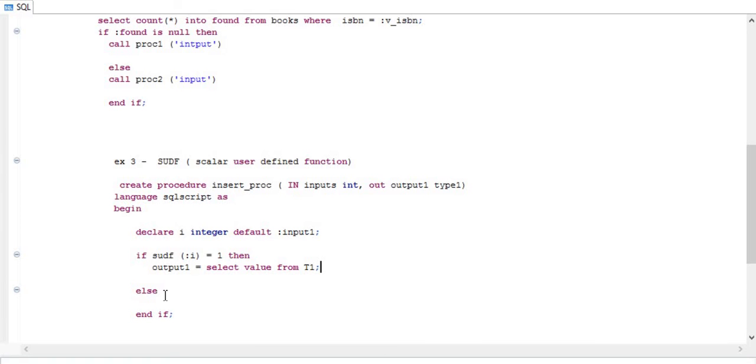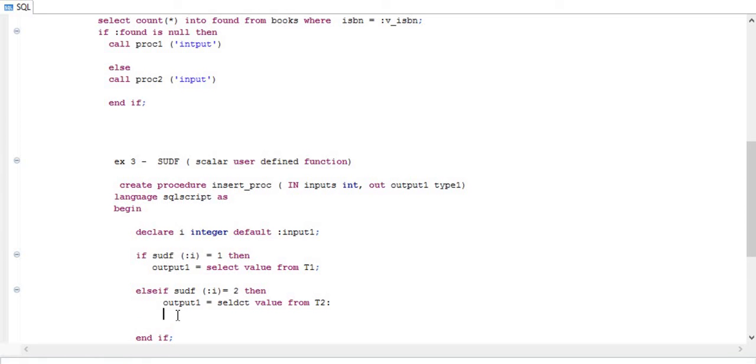Or suppose you can write another condition, else if, I equal to 2, then you can write another new condition here: output 1 equal to select value from T2.